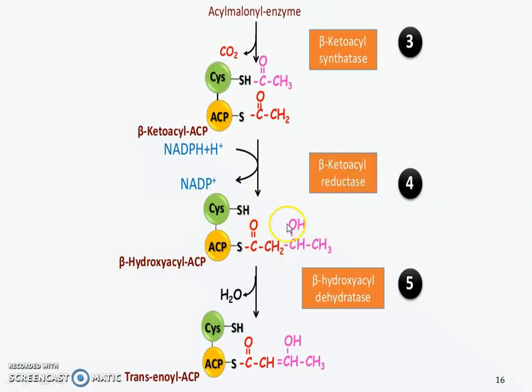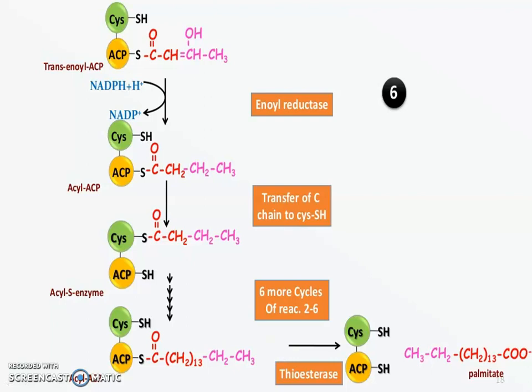Then in the last step on this slide there occurs a dehydration reaction, that is removal of a water molecule in the presence of beta hydroxyacyl dehydratase to form the trans-enoyl ACP. And then a second NADPH dependent reduction catalyzed by enoyl ACP reductase occurs to produce acyl ACP. The 4 carbon unit attached to ACP is the butyryl group, and then again